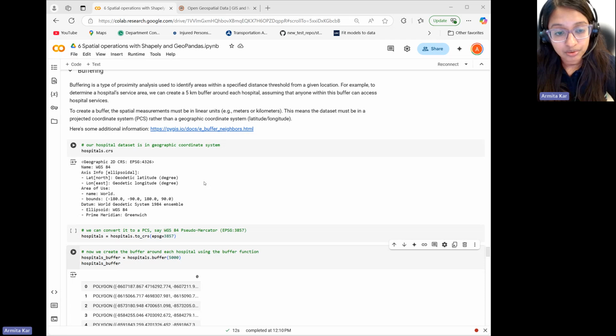Please note that to create the buffer, the spatial measurement must be in linear units, and we can achieve that by converting the coordinate reference system into the projected coordinate system. So for example, in our case, let's check the